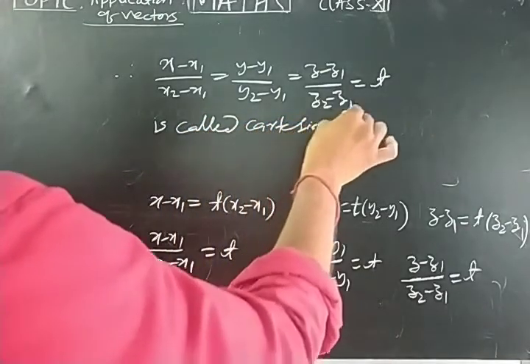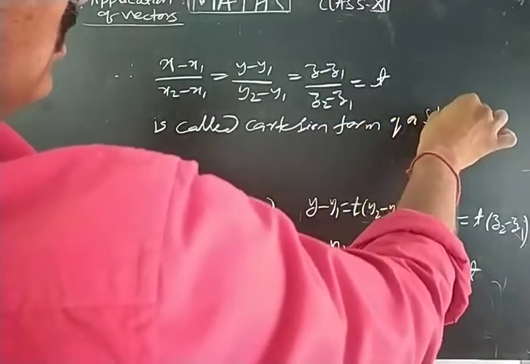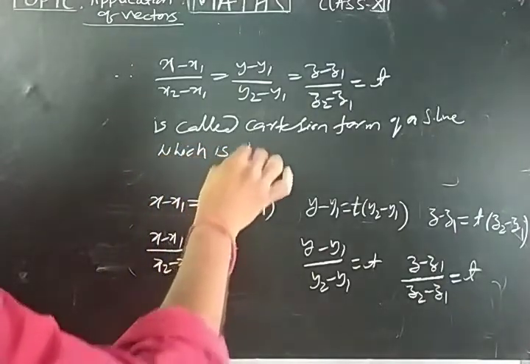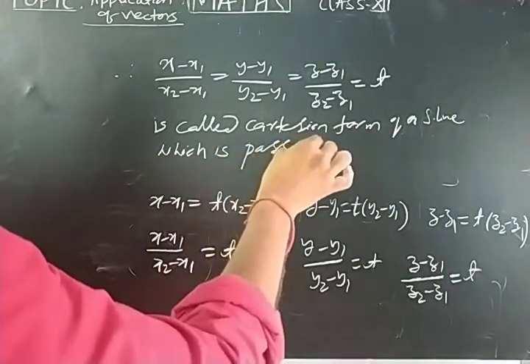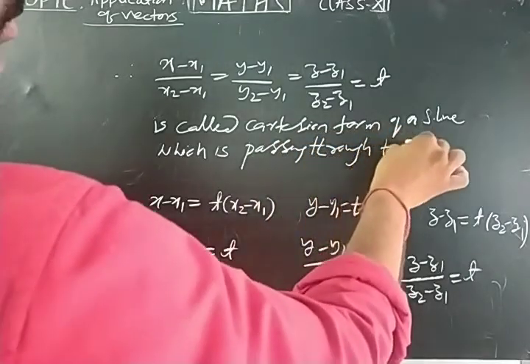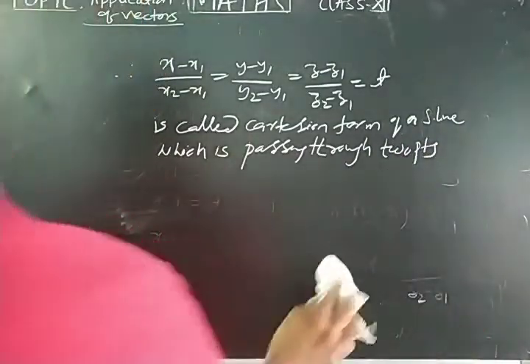Cartesian form of a straight line which is passing through 2 points. Okay, right? Now next,